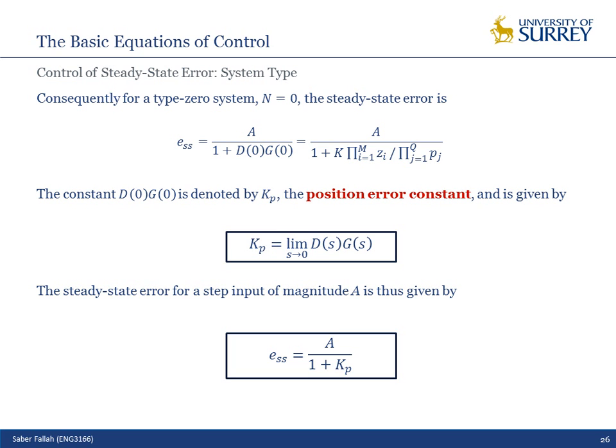I will have A over 1 plus Kp. So for sure, I will reduce the steady state error. If I add an additional integrator, which means Kp is infinite, I have steady state error equal to 0. So you always start with the simplest type of controller, which is the proportional, to adjust the overshoot